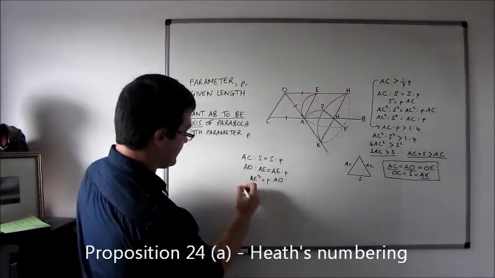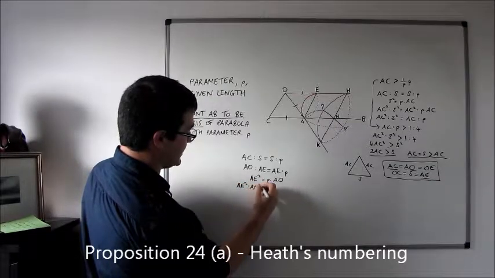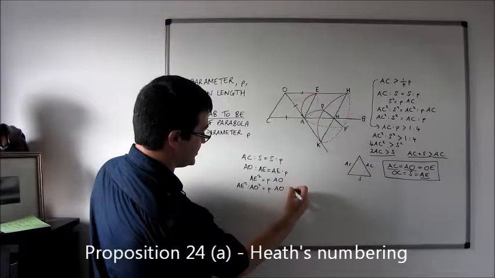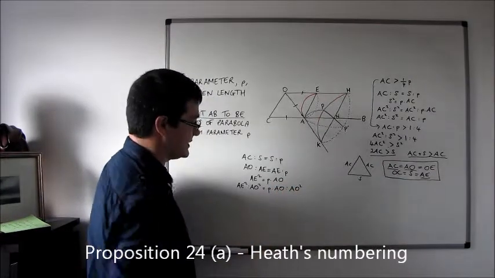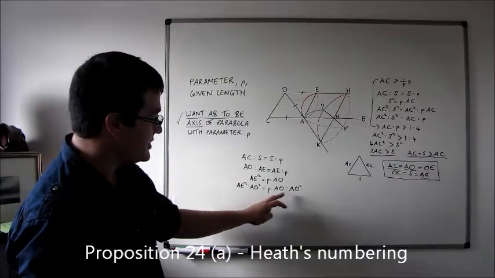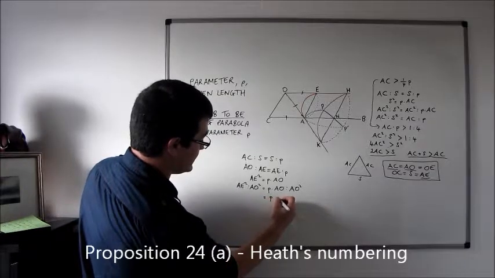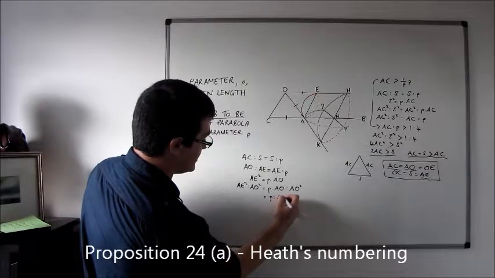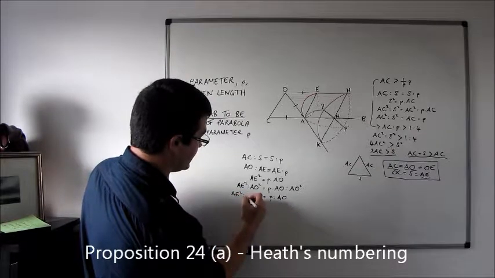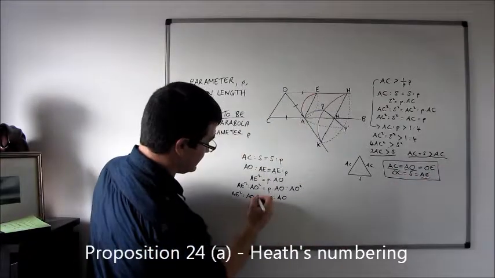And therefore, AE squared ratio AO squared is equal to P times AO ratio AO squared. So cancelling the unnecessary AOs in here, we get P ratio AO, and over here we're going to get AE squared ratio AO times AO is equal to OE,